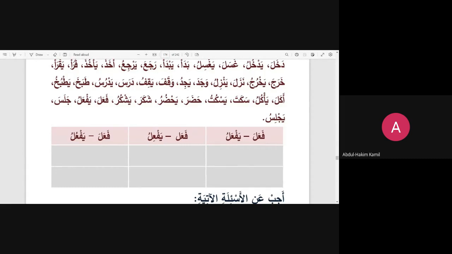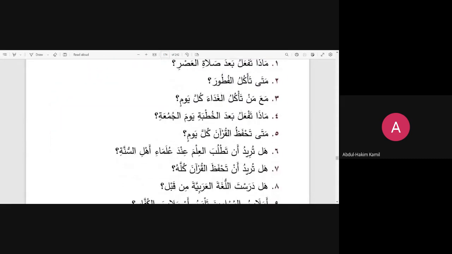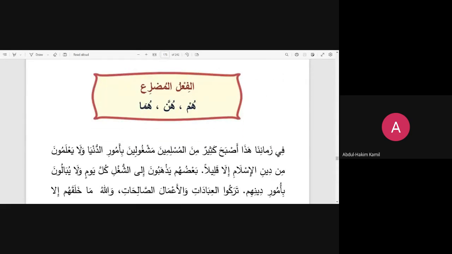Let's just look briefly at what's coming up after that. Look at these little sentences there. That's not important. The next one we come in, we have three more pronouns. These three pronouns will leave us with two more. After those two, we'll be finished with fi'l mudari. So we're going to finish fi'l mudari this week, inshallah. Okay, we went a little long today. We're going to stop here.